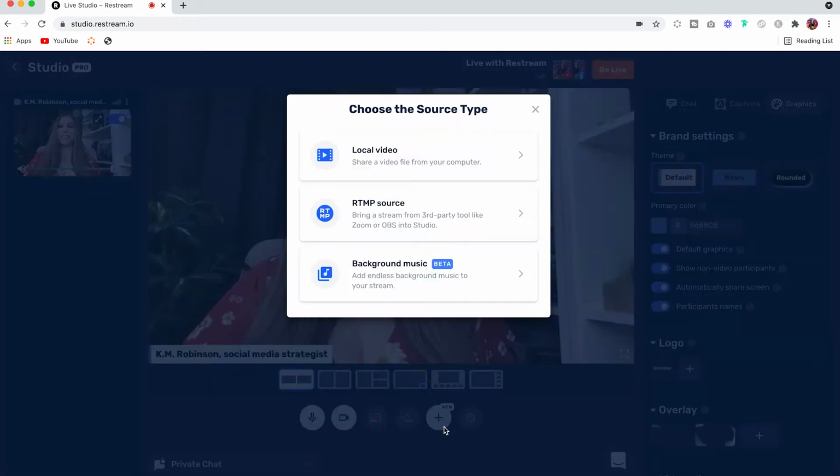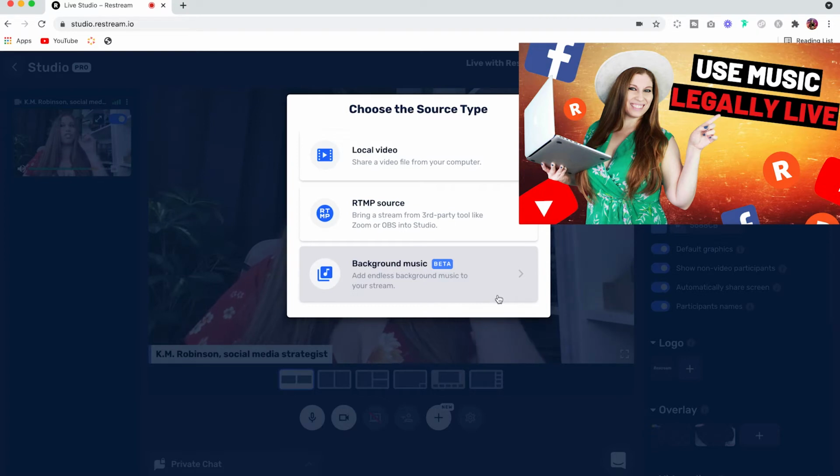Moving on, we have this nice little plus button, which is our source type. So you can pull up local videos, you can pull up those third-party tools like Zoom or OBS. You also have the ability, and I'm so excited about this one, background music, and we're actually doing a dedicated